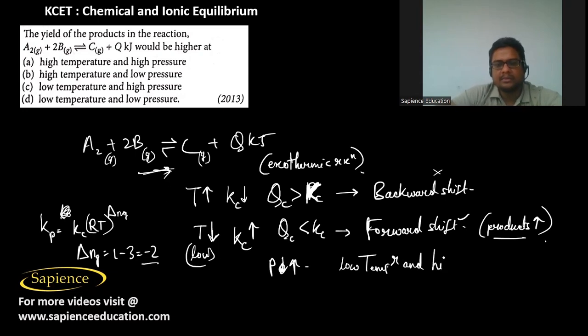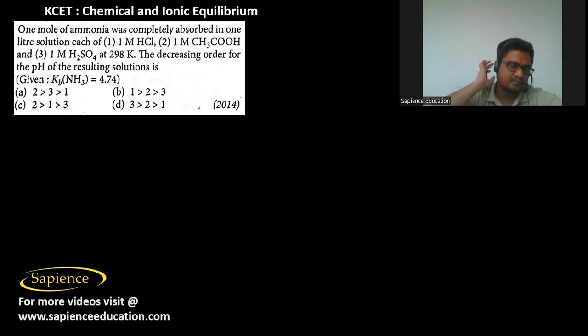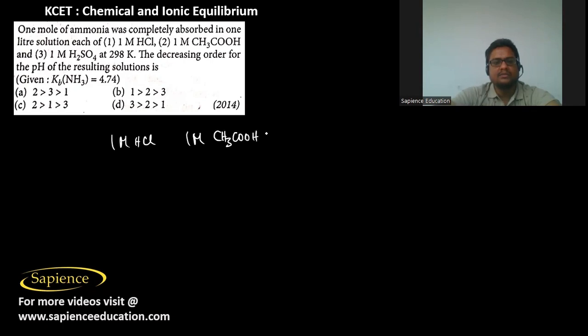Okay, so it means that low temperature and high pressure is required for the yield of the products to be higher. Now, 1 mole of ammonia was completely absorbed in 1 liter solution, each of 1 molar HCl, 1 molar CH3COOH and 1 molar H2SO4 at 298 Kelvin. The decreasing order for the pH of the resulting solutions is